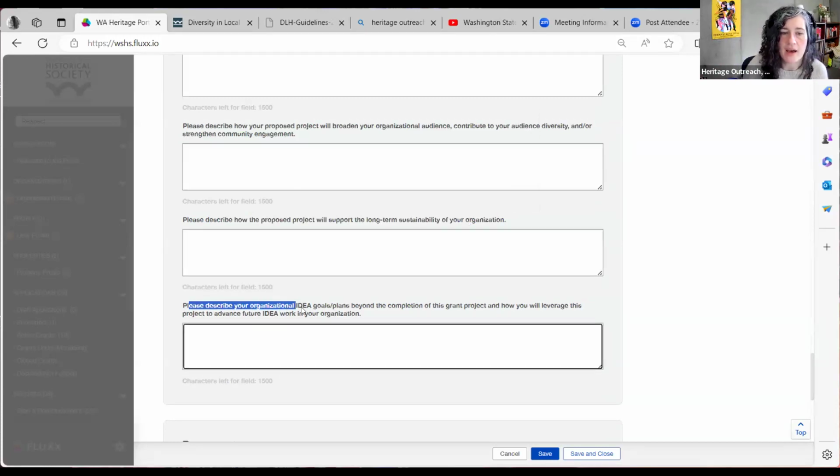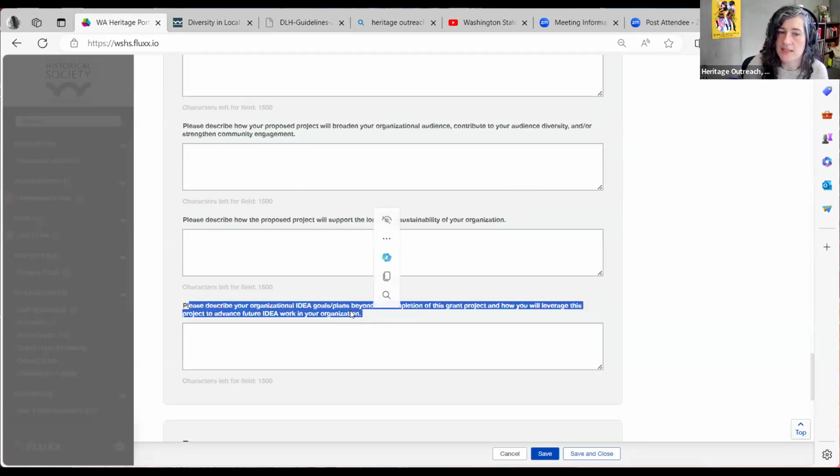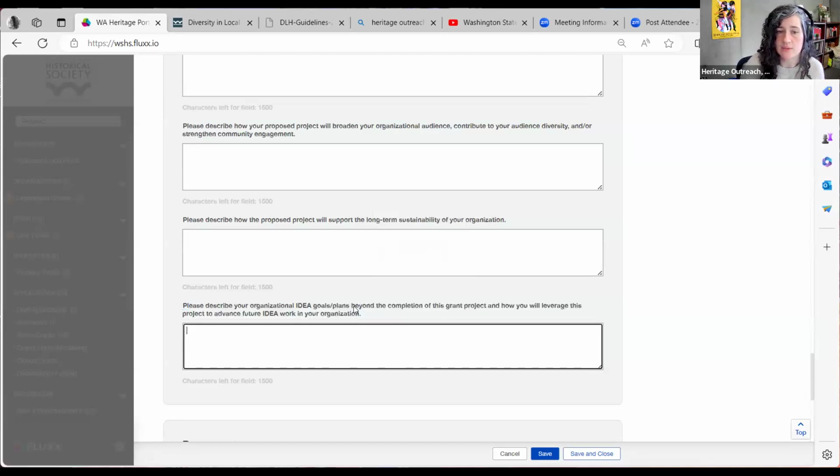And then finally, we would like you to describe your organizational inclusion, diversity, equity, and accessibility goals and plans beyond the completion of this grant project, and how you will leverage this project to advance future IDEA work in your organization. So this is giving us a window into what this project will enable you to do in the future, how you feel it's part of the bigger story of where your organization is going. And that's helpful context for us to have.